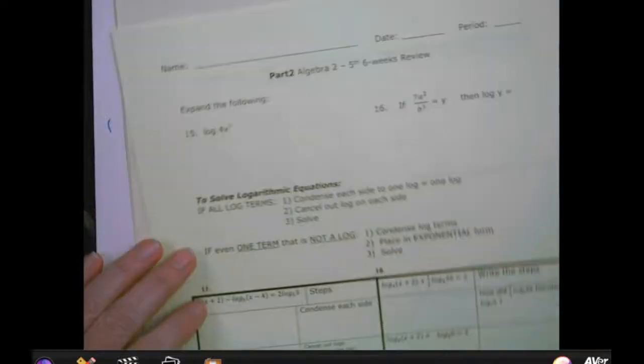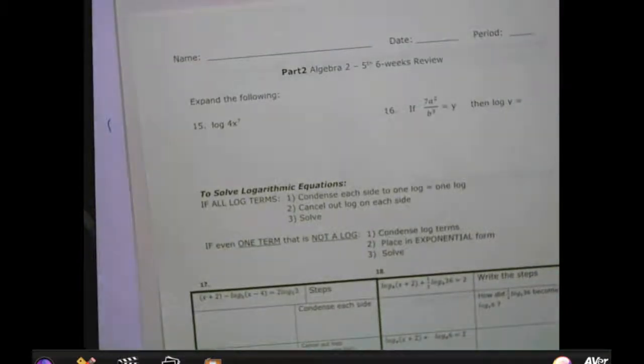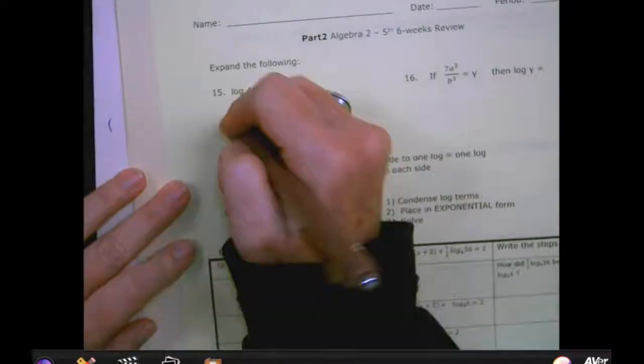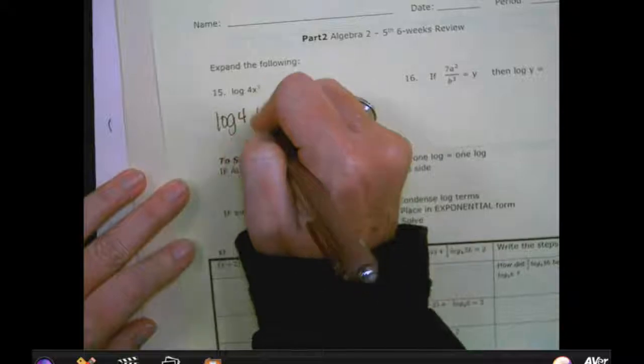All right. So that was the condensing part, right? So if we have to expand. So on number 15, how many logs do I have to end up with? 2. So I'm going to have log of 4 plus